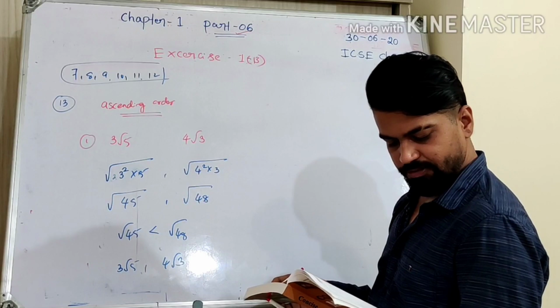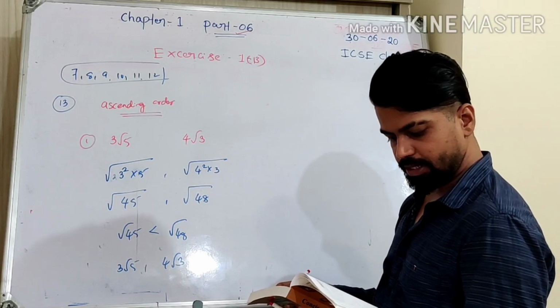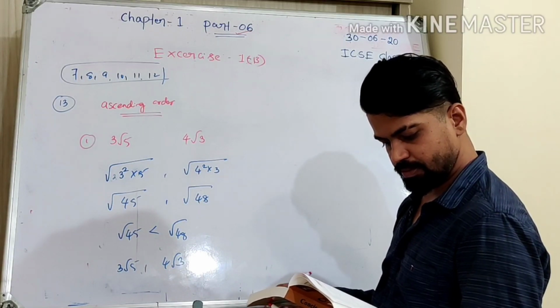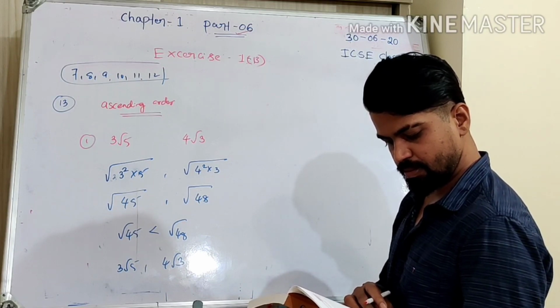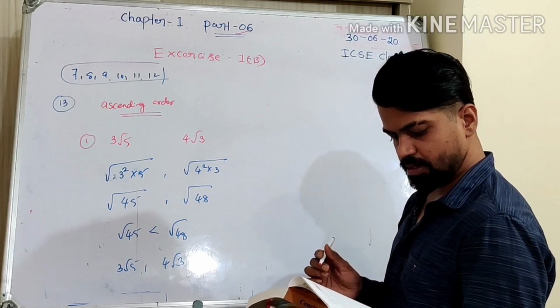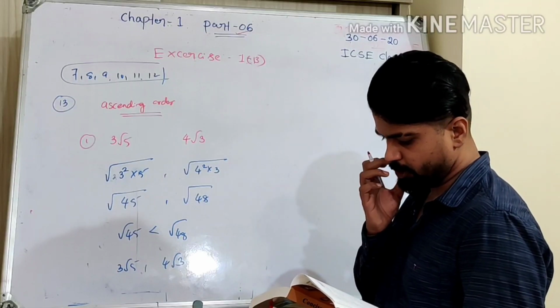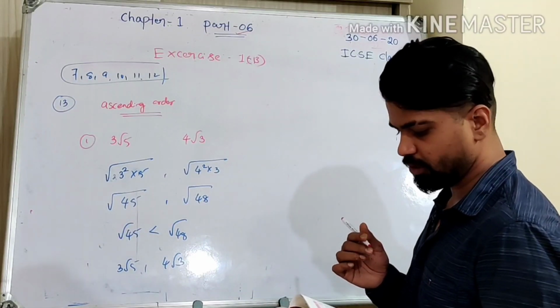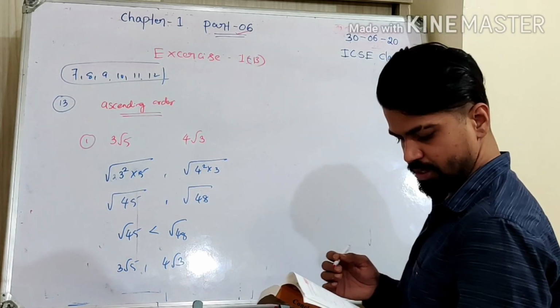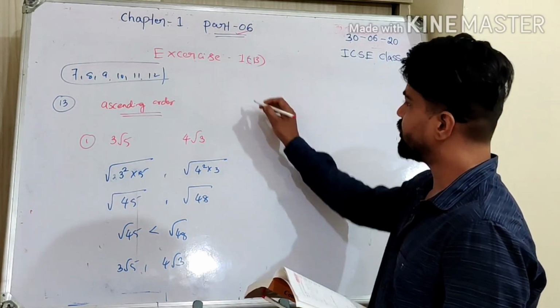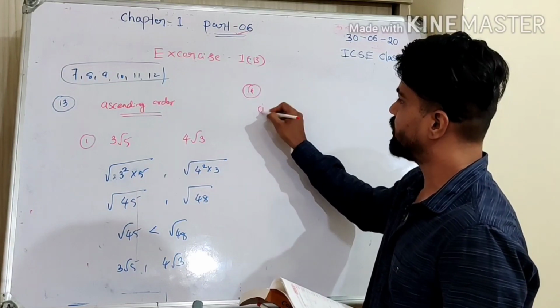So now what if the different powers are there? That is the second one and third one, I'm leaving it to you in the 13th question. 14th question, write in the descending order, that is also left to you. Okay, but still in the 14th question, first one I'll do.